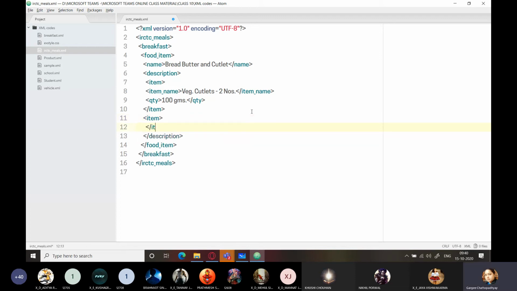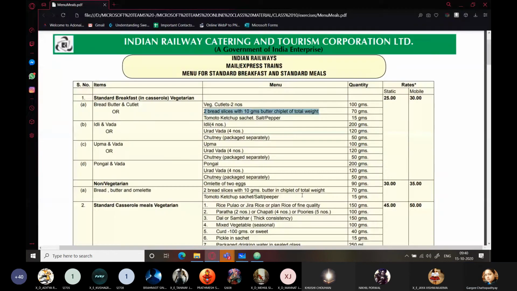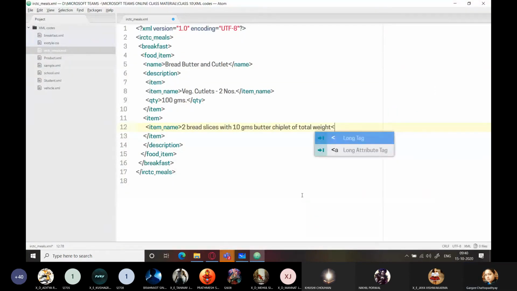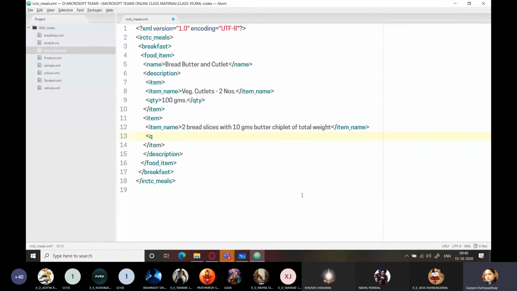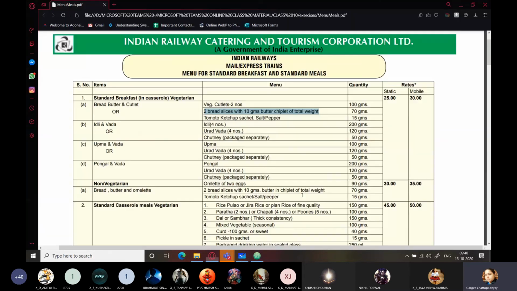As you can see that already we have made a small change in the diagram which was there. Okay, so just wait. Item name. Yes. The thing is everything should fall into place. That's the main thing.